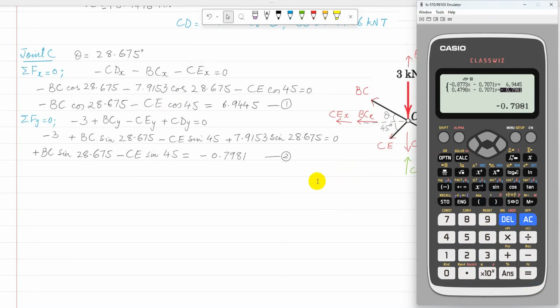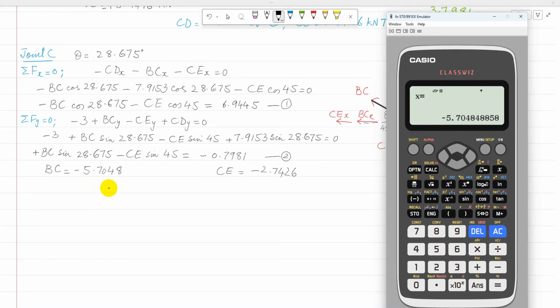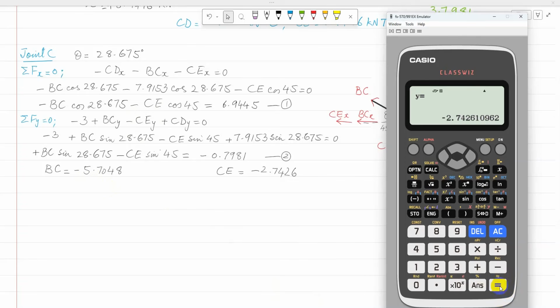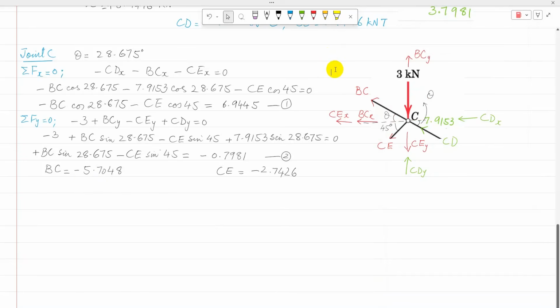So after inputting all the values there, so minus minus and then the values, if you press equal, that is X. X is actually BC, which is 5.7048, and then Y is CE, which is minus 2.7426. So BC is minus 5.0748 and CE is minus 2.7426. So now